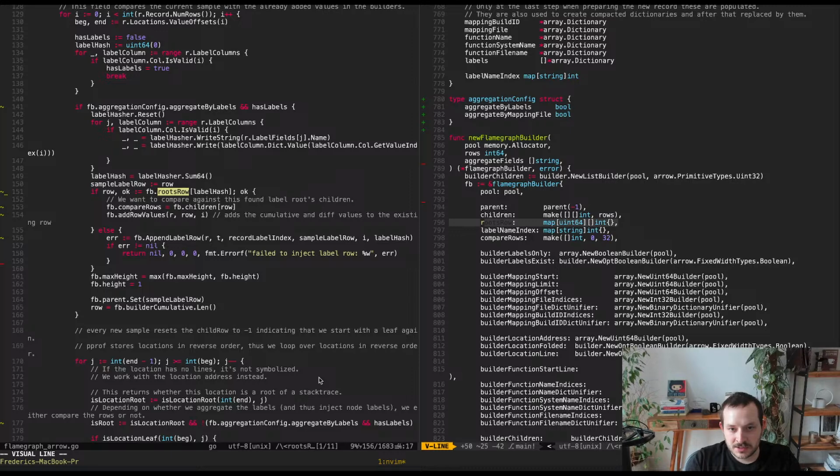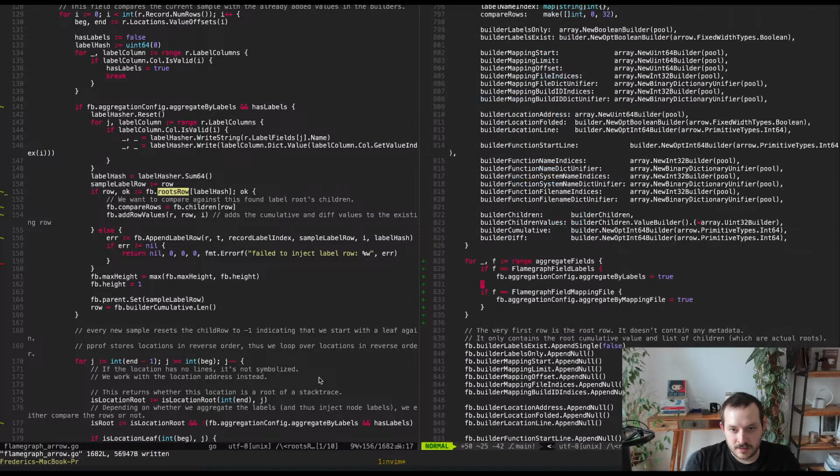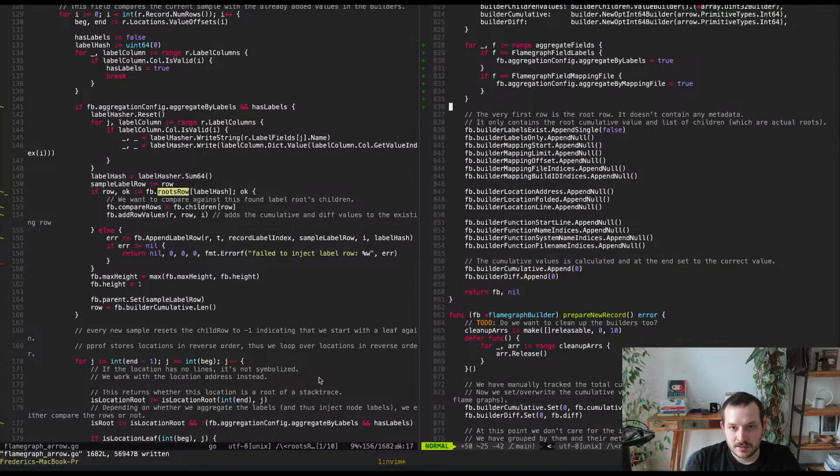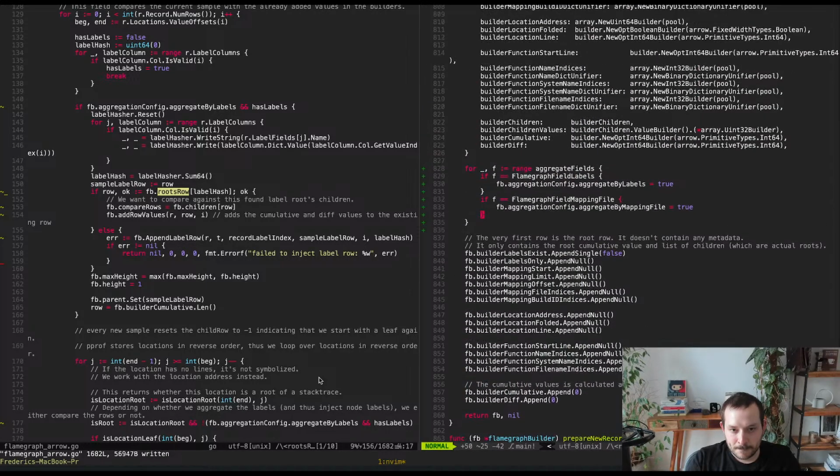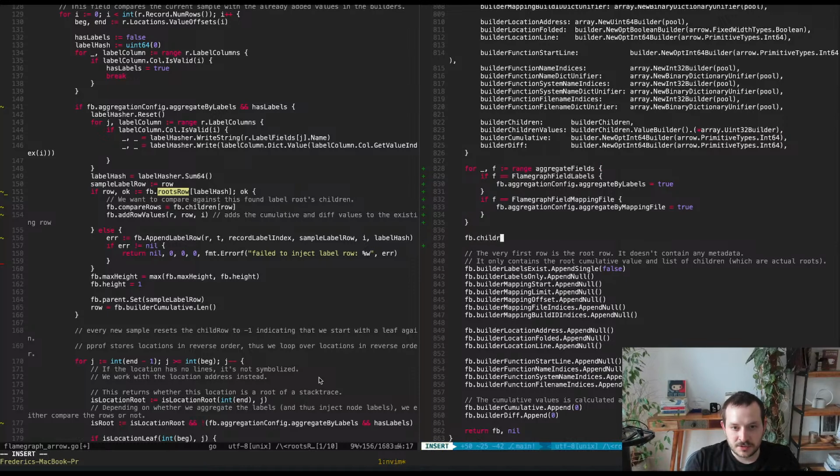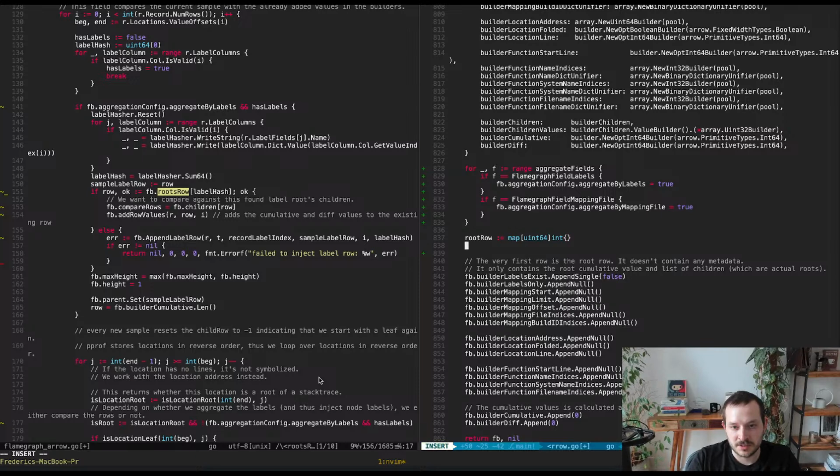We can just say that fb dot root row is a map of uint64. I actually like this a lot because we don't have a special case for the root row anymore. So fb children 0